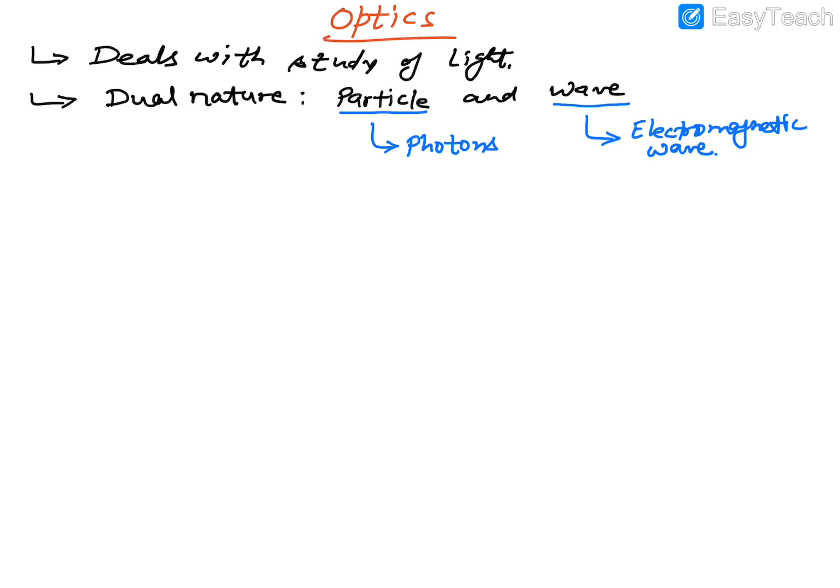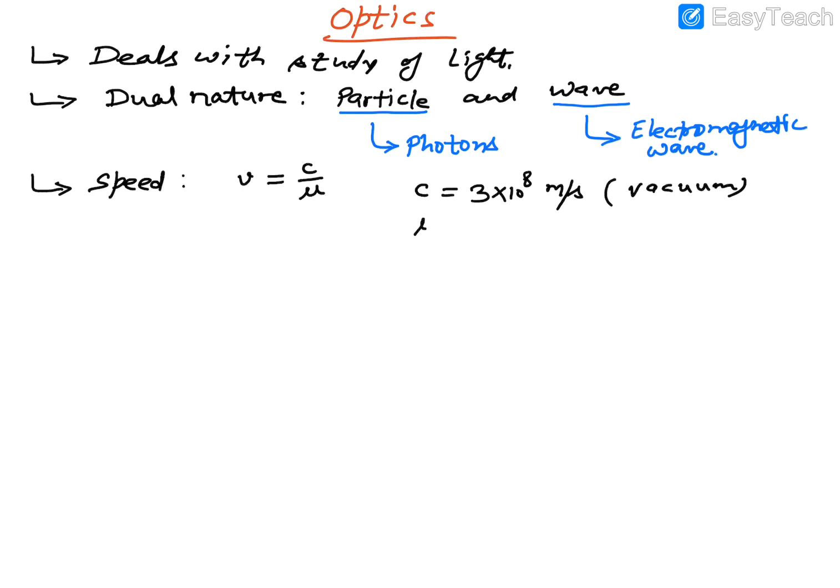Whenever it moves in vacuum, it has its velocity, and it also has a velocity in a medium. The speed of light is defined as v equal to c by mu, where c is a fixed number, 3 into 10 raised to power 8 meter per second. That is the speed of light in vacuum, and v is the speed in any medium. Mu is the medium index that decides the speed of light in any medium, and this mu is called the refractive index,